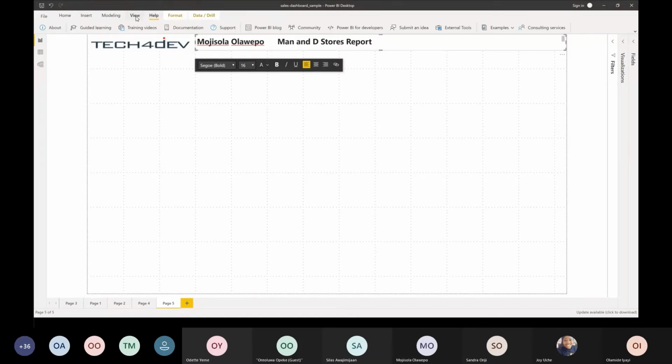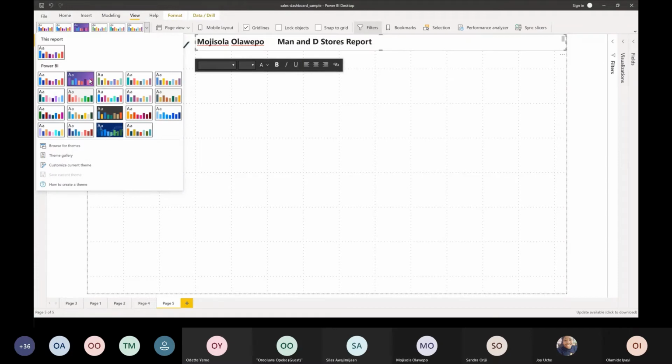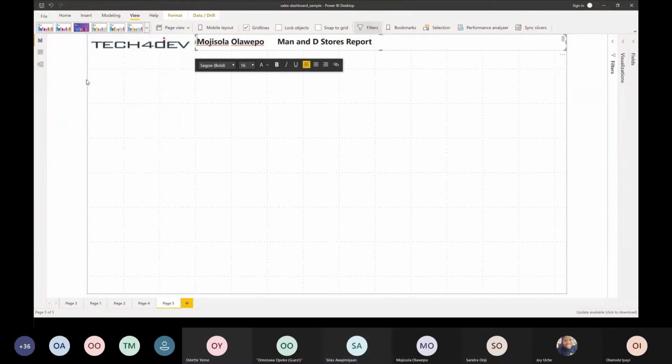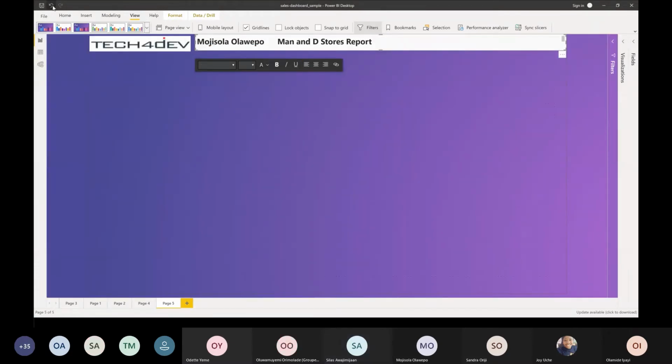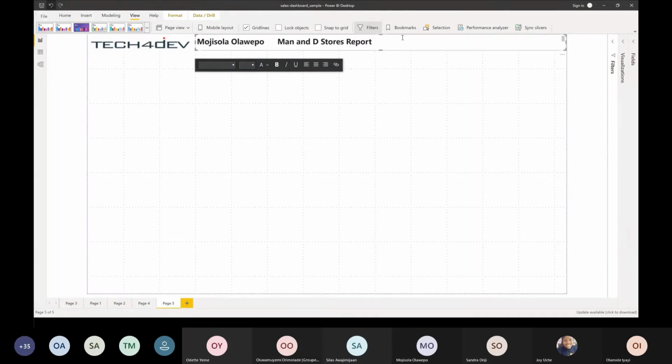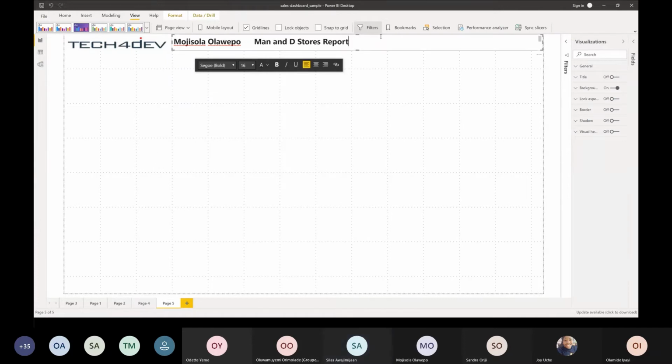Okay, good. Just go to view and click on any of what you have here. Can you see? I can change this color, so I will highlight it. You can highlight with me. Just highlight with me, because immediately you highlight your visual, it's going to show you options